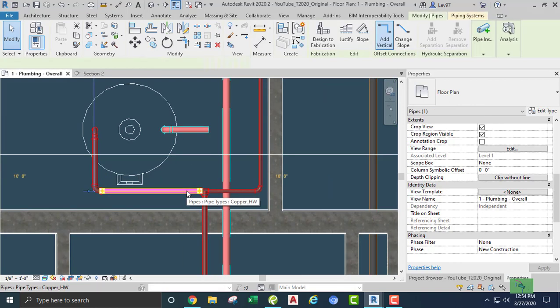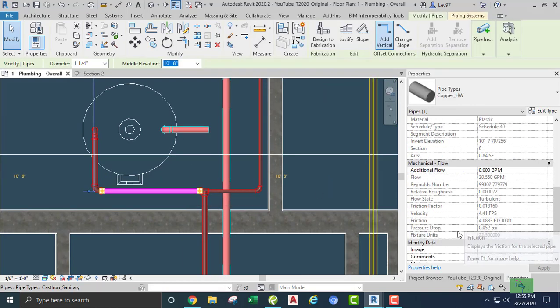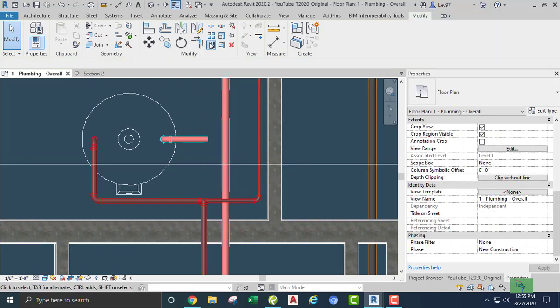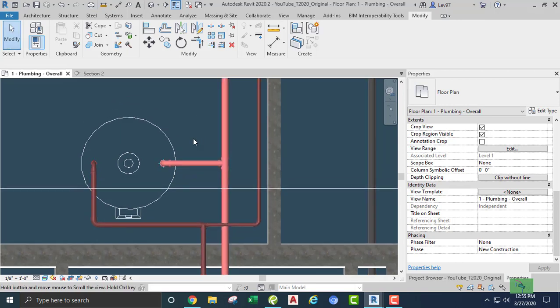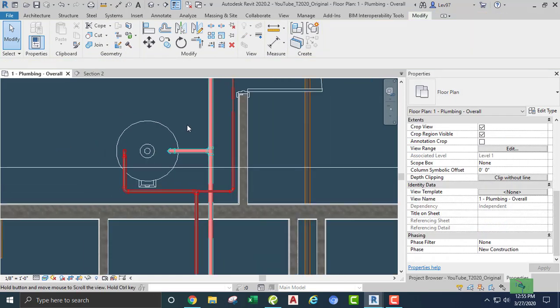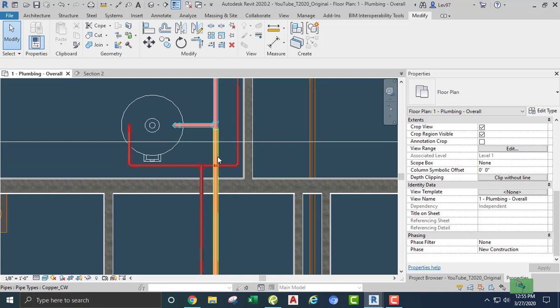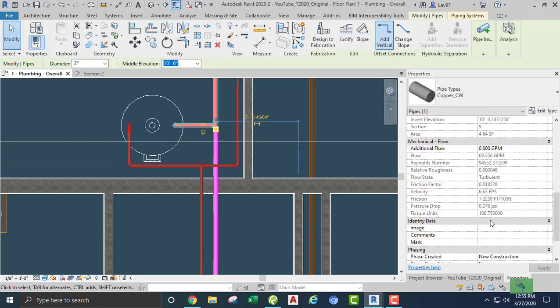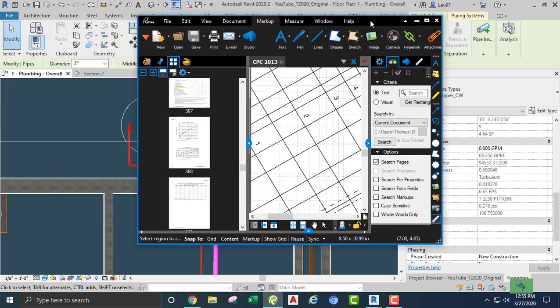Are we counting? Let's see if we're still counting. Wow, it's still counting. Nice, that's nice. Okay, so we can extend out. Yes. Okay, are we counting here? Okay, any flow? Is that still counting? Nope. But that's okay. As long as we have, let's see, what have we got? 106.75 fixture units. And if we look at our chart again, say 110,